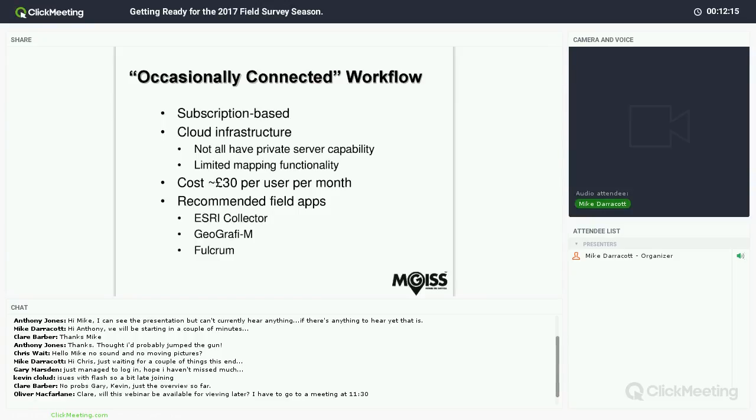But more and more these occasionally connected solutions, as we call them. So you can't always rely on cellular coverage or internet coverage wherever you are in the world. So it tends to be an occasionally connected approach that we recommend, where you mightn't have all your maps and your data